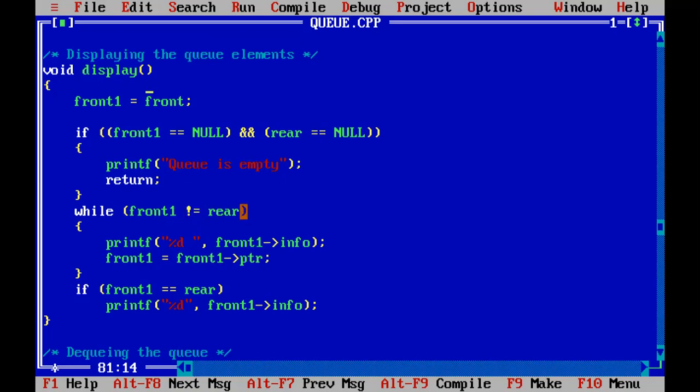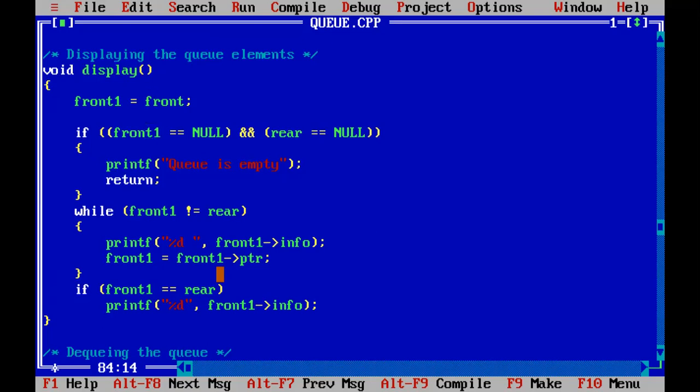When front one is not equal to rear, up to that moment we have to add front one into the list. For that purpose we have front one is equal to front one pointer. That means the next pointer of front one will be re-initialized as front one, and that front one will be displayed. Each and every element of the queue will be notified as front one, and we will display it as per the sequence.